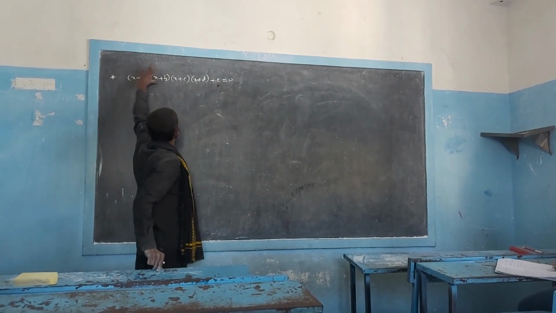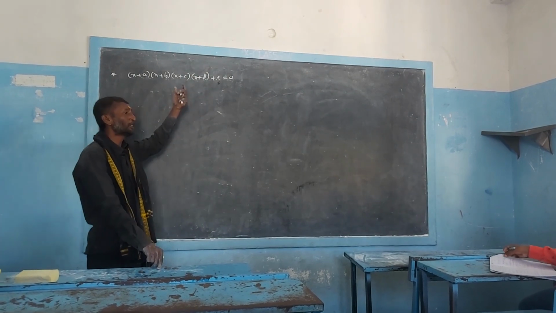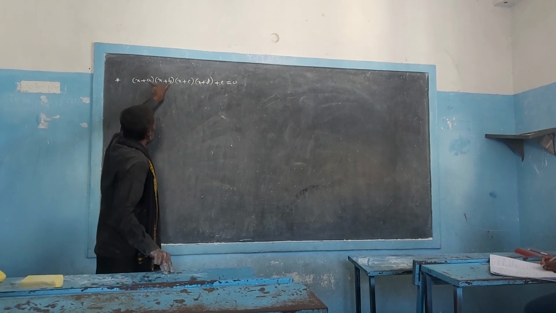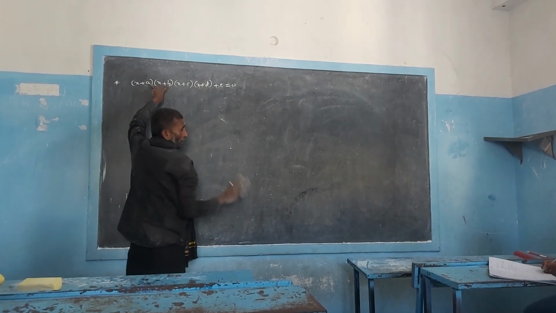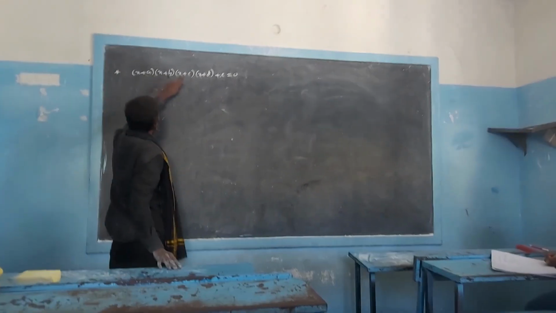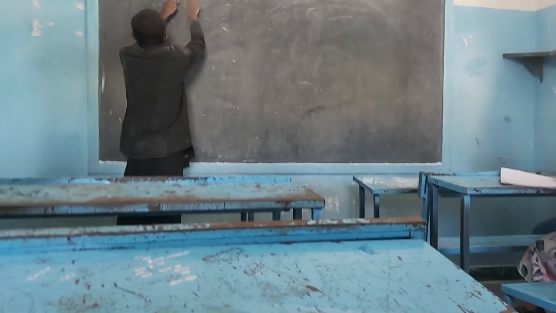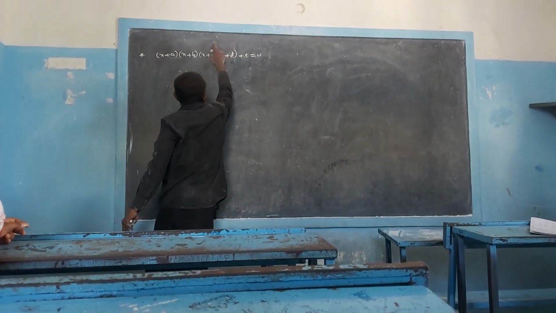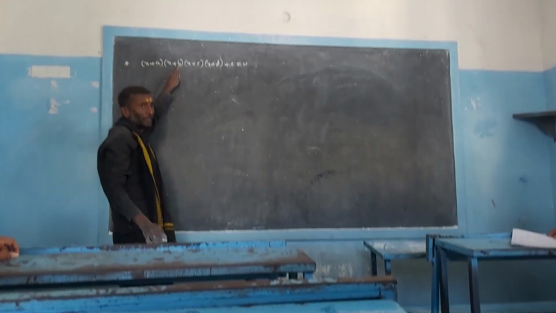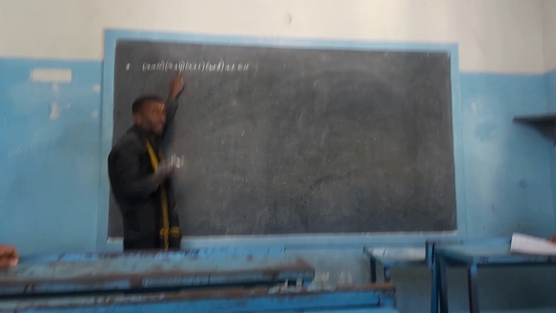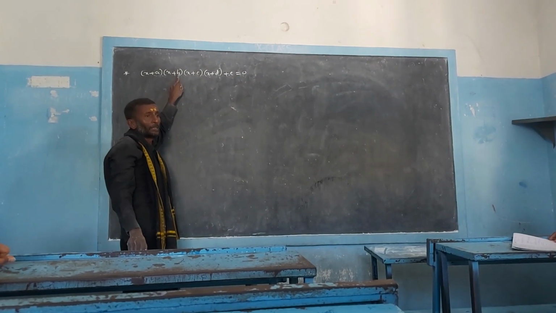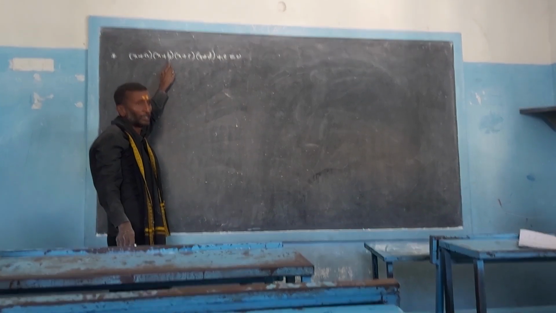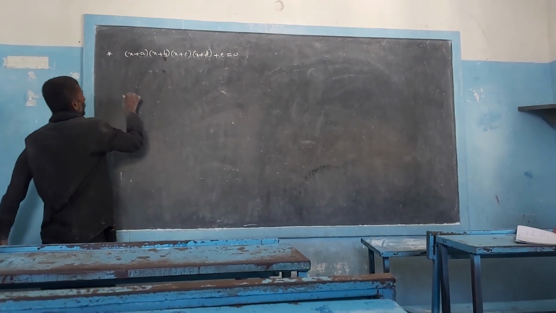In these 4 linear factors, the sum of any 2 constants must be equal to the sum of the other 2 constants. Means, suppose a plus d is equal to b plus c. Or else a plus c must be equal to b plus d. Or else a plus b must be equal to c plus d. So if we have it like that, we are able to solve this equation by this method. Right.